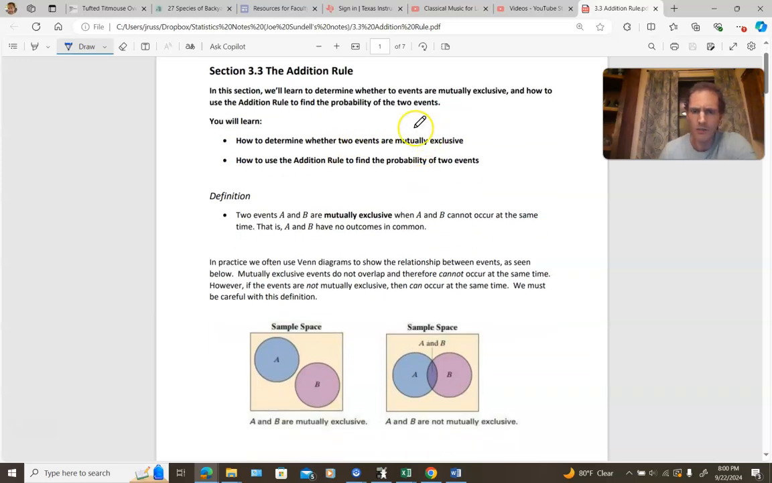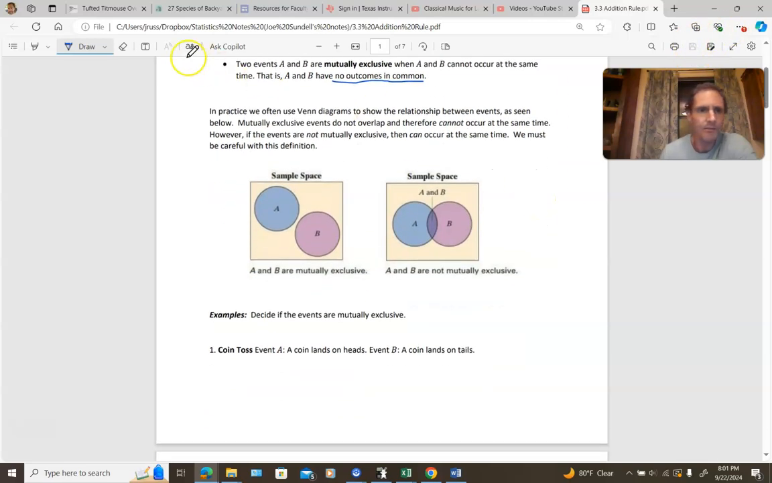So let's first talk about this idea of mutual exclusivity. Two events, A and B, are said to be mutually exclusive if they cannot both occur. In other words, A and B have no outcomes in common. And what I've got down here